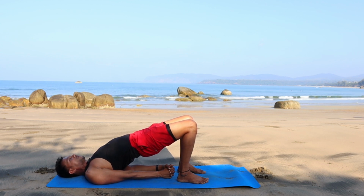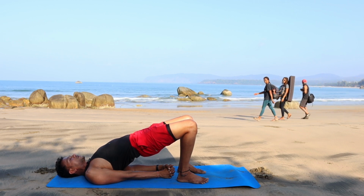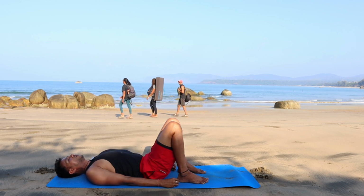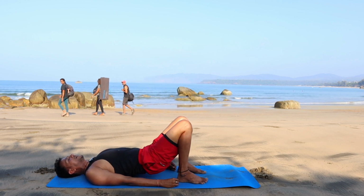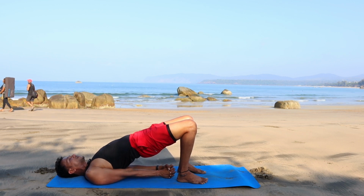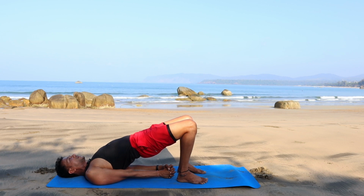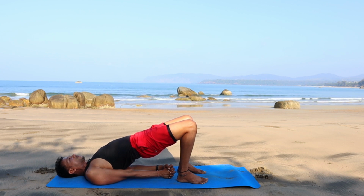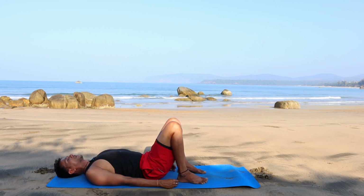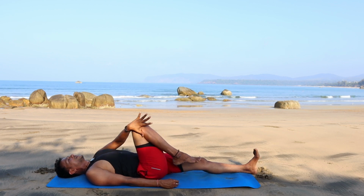5, 4, 3, 2, and release. One more time. Press your feet. Inhale, lift up, interlock your fingers, press it down. 5, 4, 3, 2, and release. Now get your left leg straight, bend your right knee,